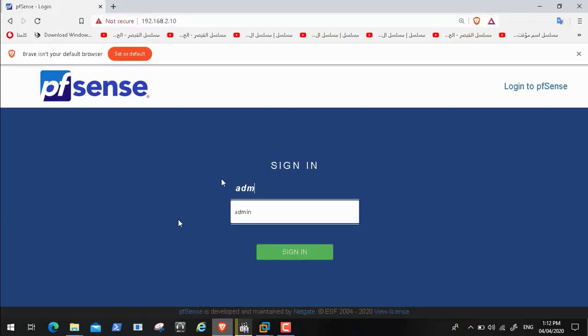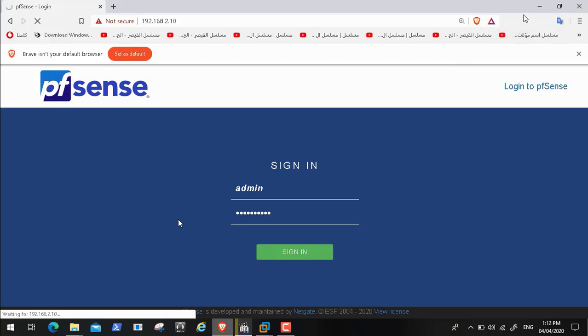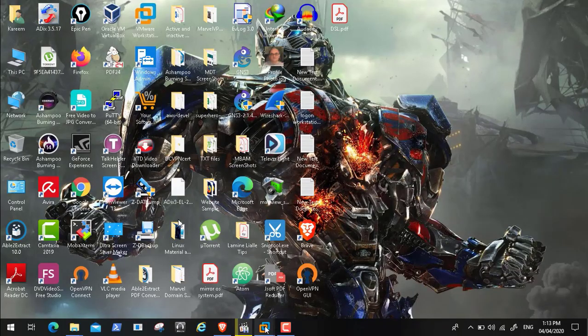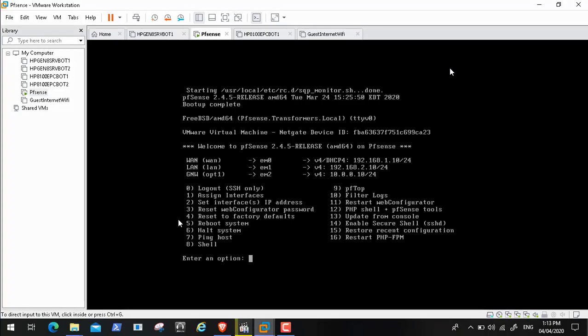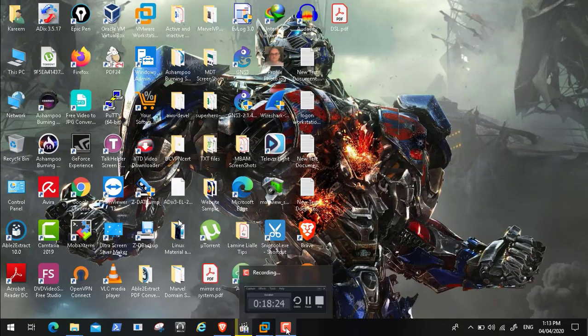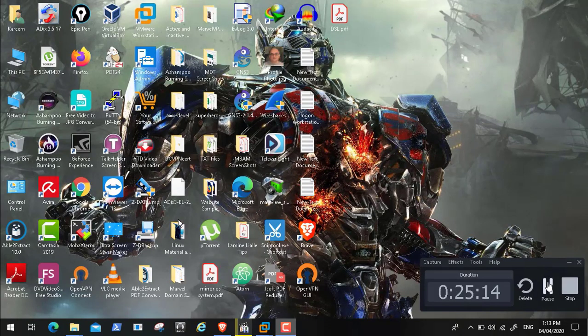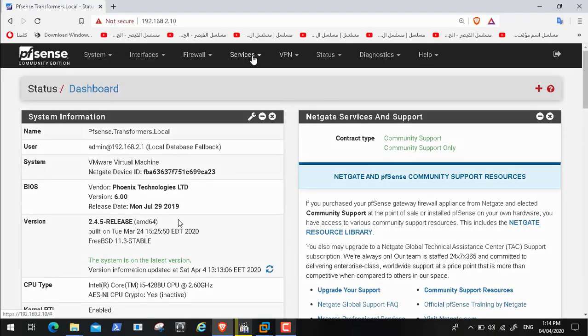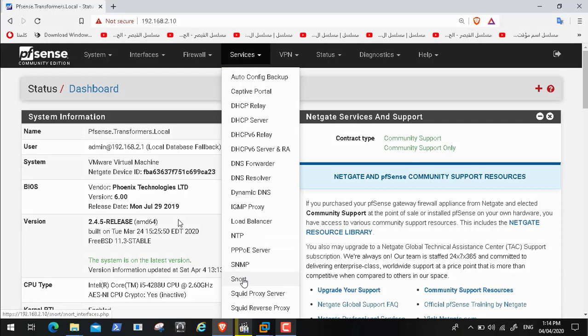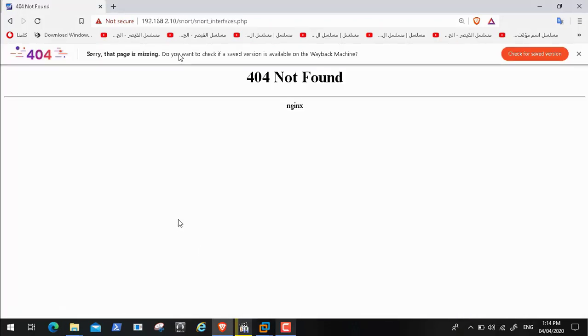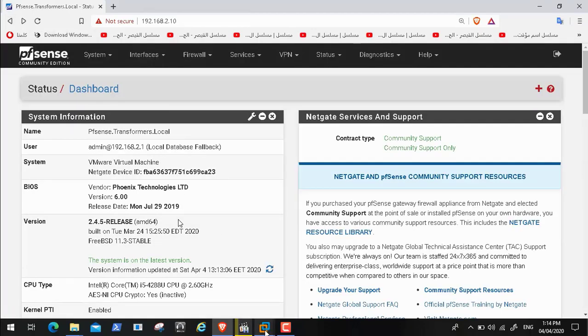I will show you that a problem has arisen when I try to access Snort. It gives me an error. Actually, every now and then I'm checking the firewall system to make sure the error disappeared. Here we can see that Snort is added, but as soon as you access it, it says 404 not found. So I thought there was a problem with the Snort package, so I went to the package manager